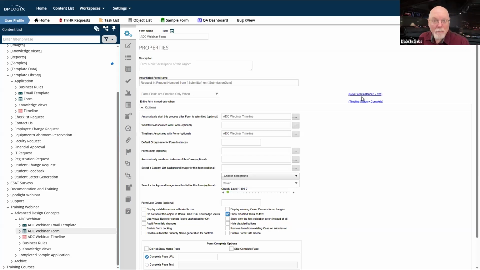And that's fine. But obviously, at some point in the process, you may want the people who approve a request to be able to make comments or to be able to fill out fields of their own. Well, then great. You can enable those fields or enable the section in which those fields are contained, which we'll talk about a little bit later.